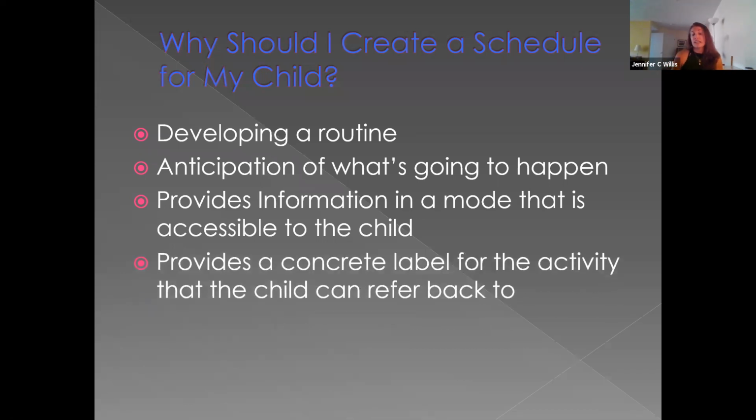This provides a concrete label for the activity that the child can refer back to. So how many of us, even as adults, are preparing to go from one room to the next, and between the living room and the bedroom, forget what we were headed there for? Or on the trip between point A and point B, you realize that you forgot to throw the laundry in the washing machine, and so you get distracted and never actually end up at what you were headed to do. So our kids also need that reminder of where they're headed to,